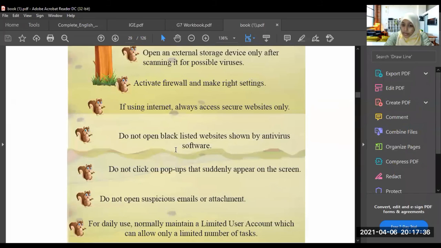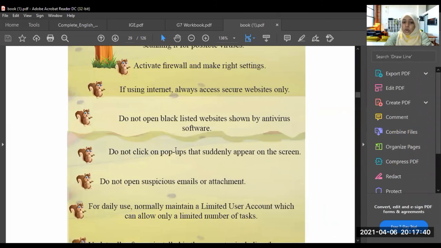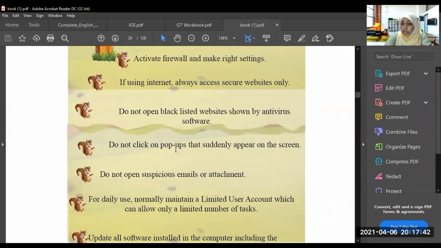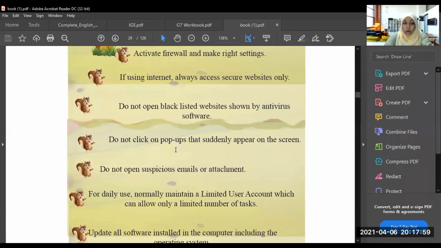Do not open blacklisted websites shown by the antivirus software. Also, there are some pop-ups that suddenly appear on your screen. Don't open them. Never open emails when you don't know from whom they were sent, what we call suspicious emails. Don't open them. Okay? Or the attachments.